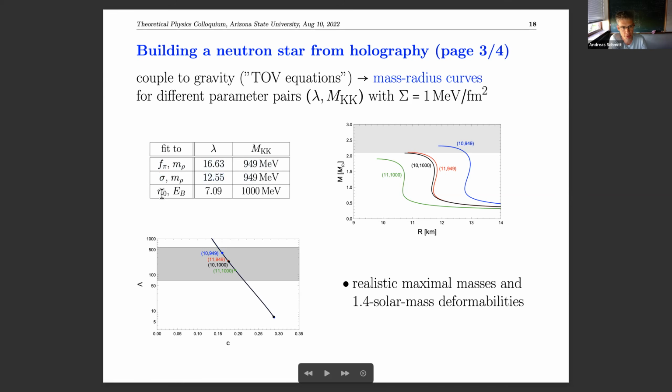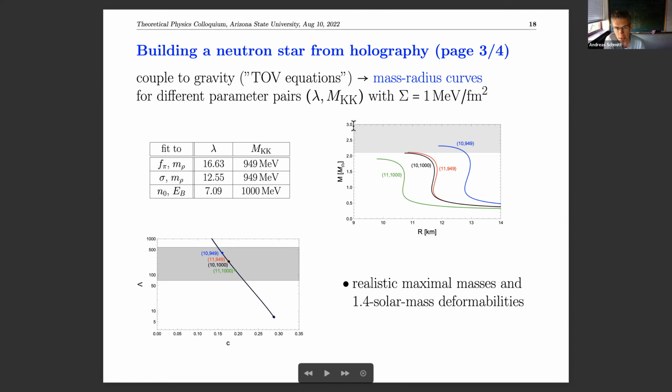Then let's say, let's fix them to saturation density, that's closer to what we actually want, right? Nuclear matter, and the binding energy of nuclear matter, and you get different values again. So strictly speaking, if I want to match everything, I should stop here. Not possible. But that would be asking for too much, right? I'm not in QCD. I'm in a model, and I only have 2 parameters, so I should be more modest. I should rather say they're all in the same ballpark, right? Lambda of the order of 10, MKK of the order of 1 GeV. So that's the area where I should be looking, right? And that's what I'm going to do for the neutron stars.